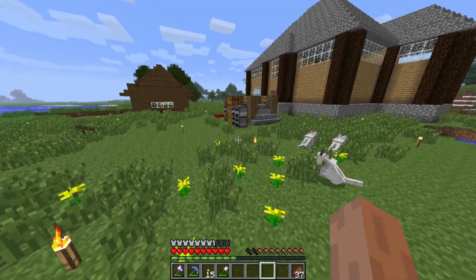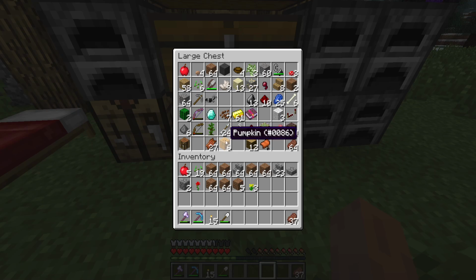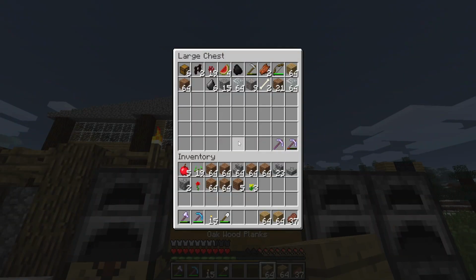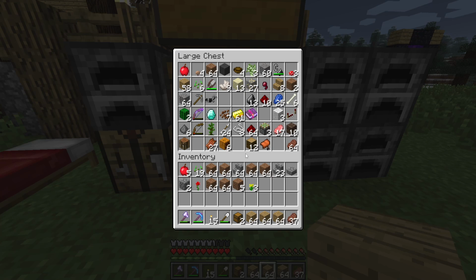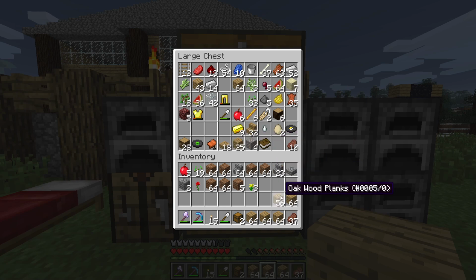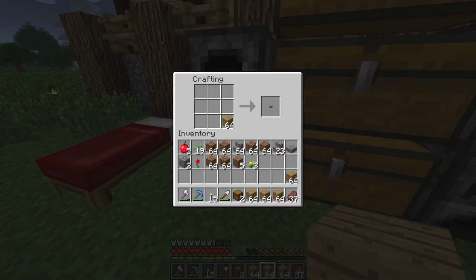So, let me grab a crap ton of wood. I'm gonna borrow 2 of these. And a few of these. A few more of those. Put these away. Take those back. So we're gonna do just a little bit of